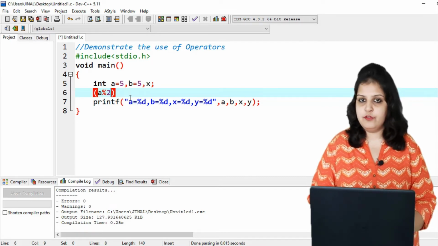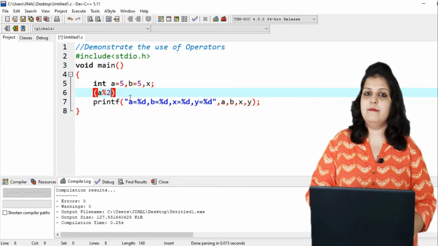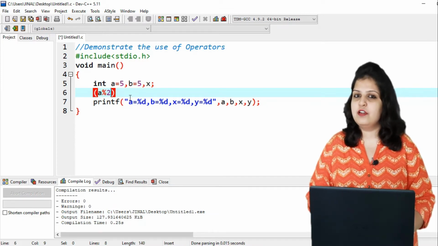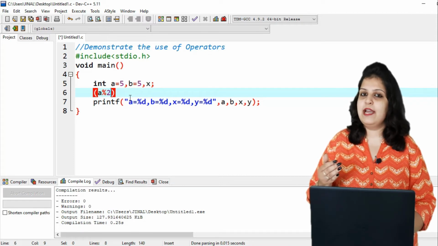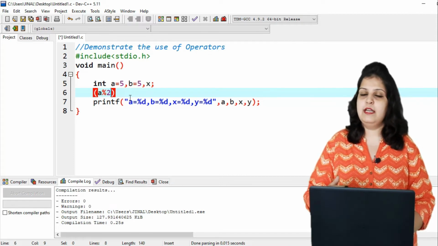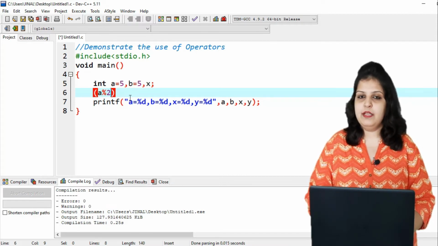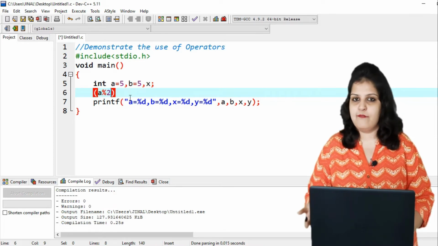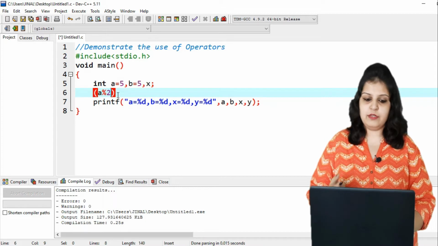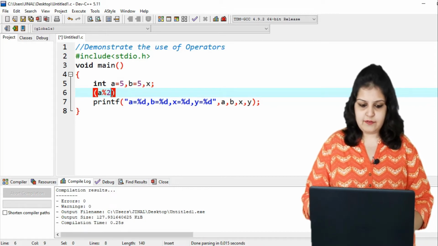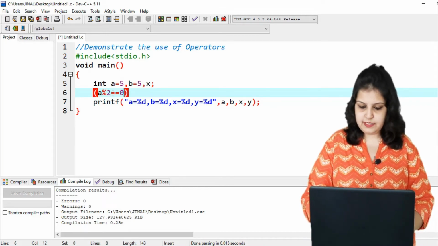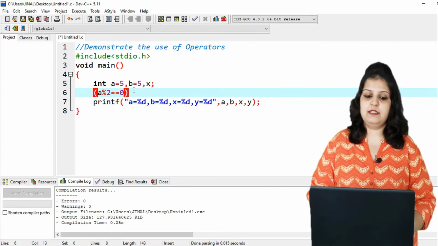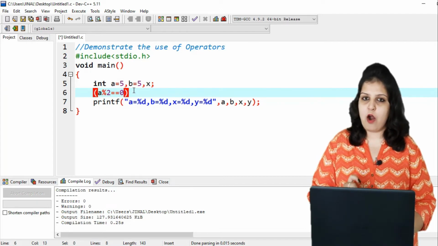Now for checking odd or even, which condition do we have to use? First of all, our number modulo 2 is equal to 0, meaning if we get the remainder 0, then it is called an even number, and if we don't get the remainder 0, then obviously it is an odd number. So A modulo 2 is equal to 0. So if this condition is true, then it is an even number.